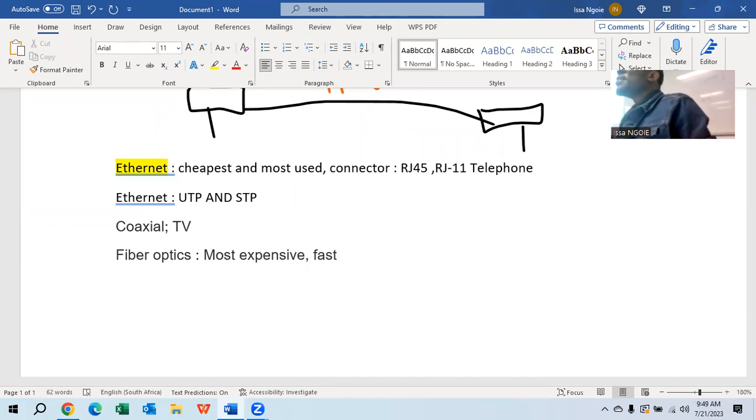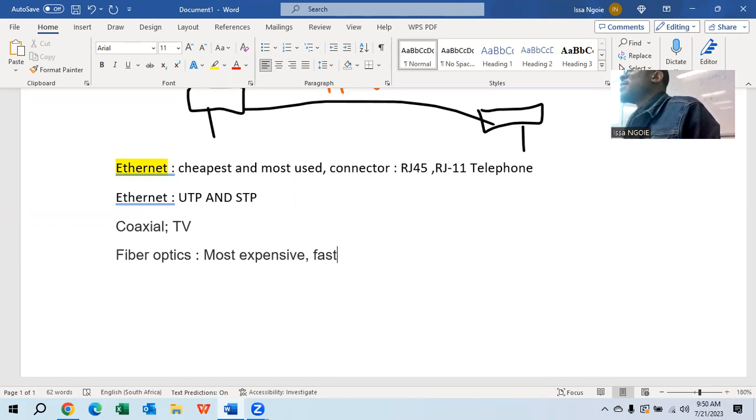Fiber optics is very fast when it comes to transmissions, right? When you connect your two computers using fiber optics, the transmission will be very fast. That way you can see data centers are connected using fiber optics, but it's very, very expensive,